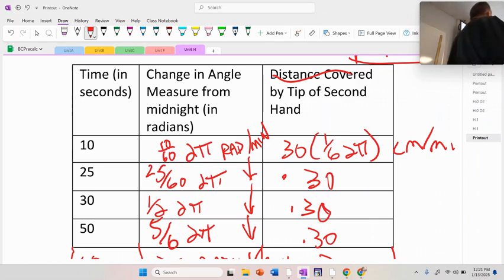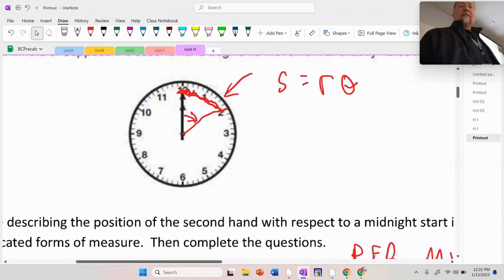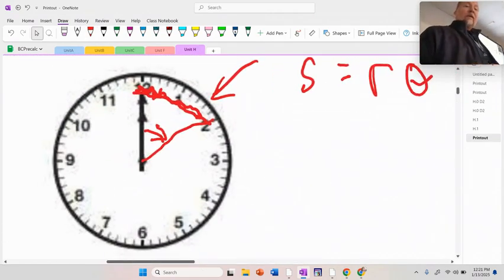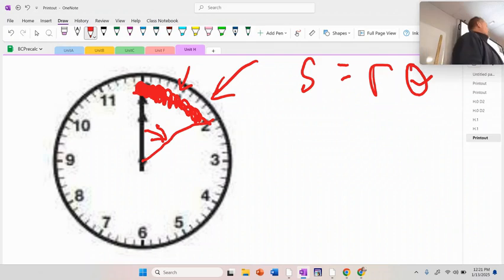Okay, and then what we were supposed to ask next is what's the distance covered by the tip of the hand? Well, that's different. The tip of the hand goes from here to here, so that is actually a concrete distance. That's arc length, right? But traveled over a unit of time, which we do have established as per minute. So what is that arc length? Well, it's 2 pi r,